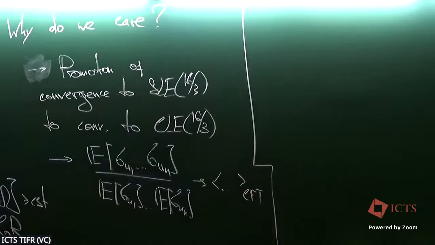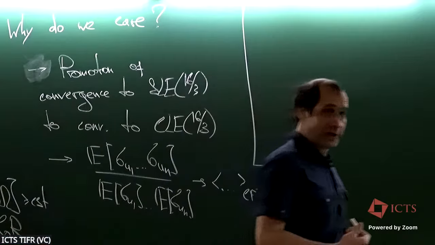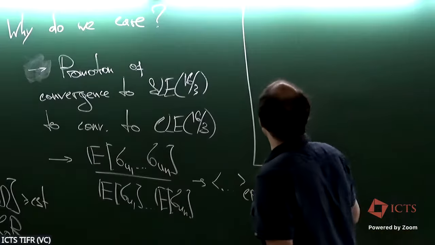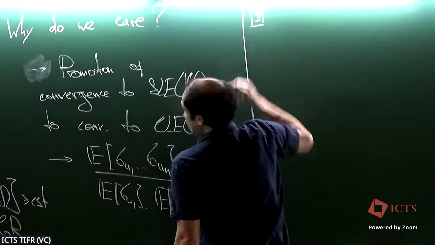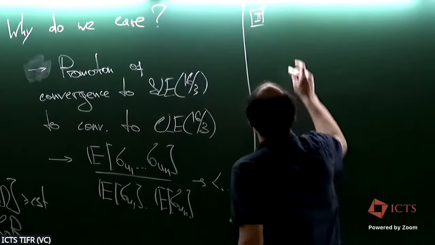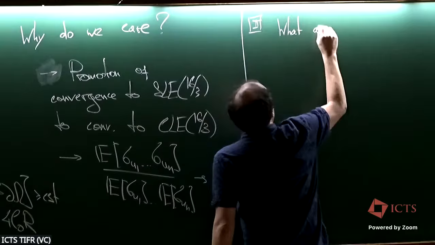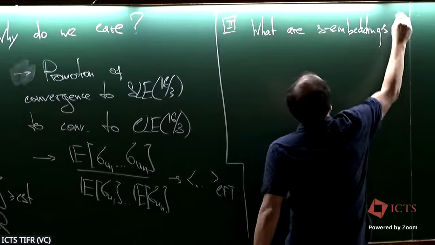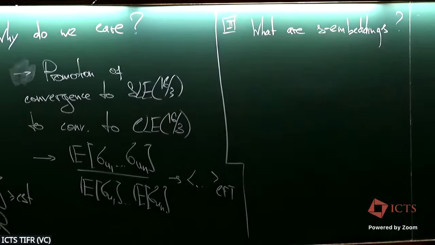So up to now, I believe that I explained what strong RSW is, though I haven't explained what the FK Ising model on S-embeddings is. So I explained what kind of statement I want to have, and I didn't give you this definition. So the second part is here: what are S-embeddings? This is a relatively natural framework to study an Ising model on.